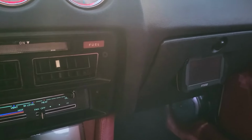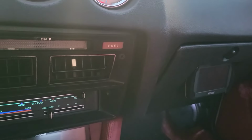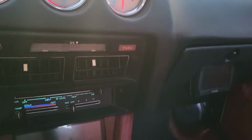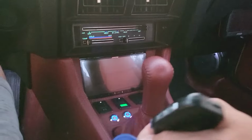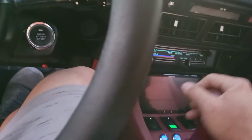It also has the very cool FuelTech system in it, the engine management system, which basically works off of this key fob here. You rub it there, you hear that sound, make sure it's in neutral,